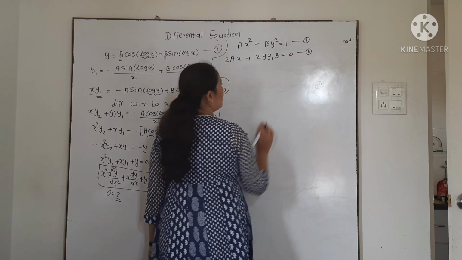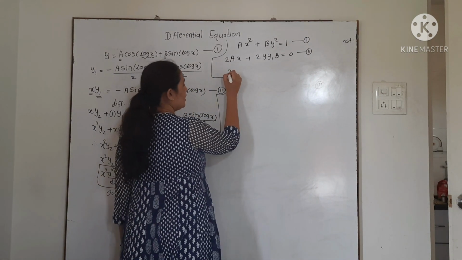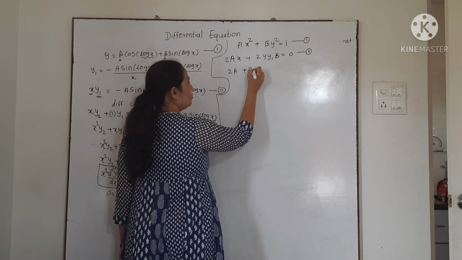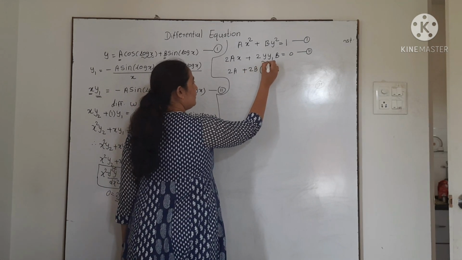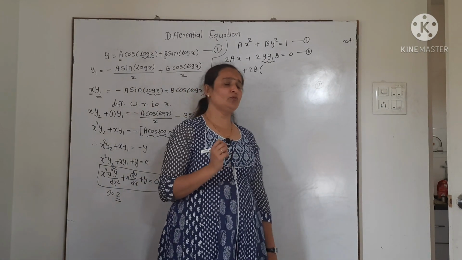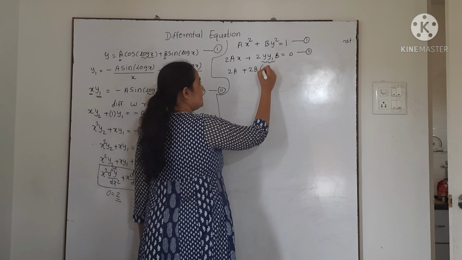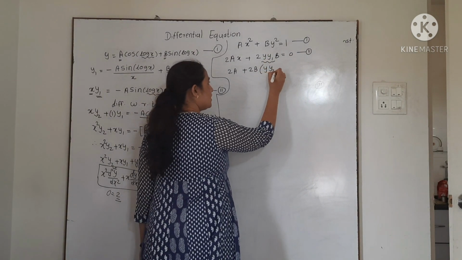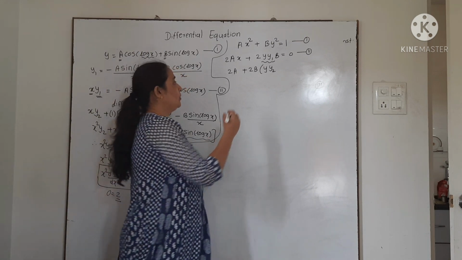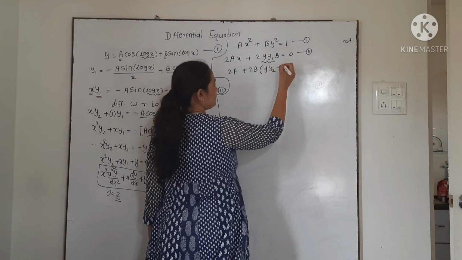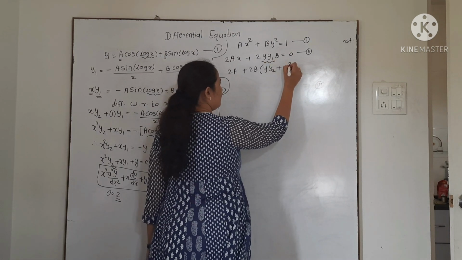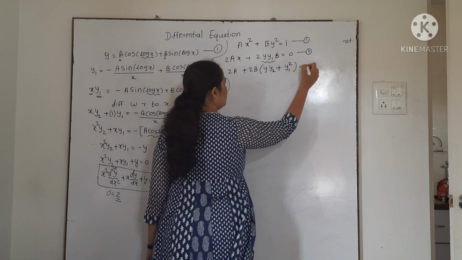This as equation number 2. If I again differentiate, this is 2a plus 2b, constant. You have to find the derivative of y into y1. While finding the derivative of y into y1, you have to use the product rule. y as it is, the derivative of y1, that means the first derivative, if we again take its derivative, it will become y2, plus the derivative of y is y1 into this y1. So this is y1 square equal to 0.